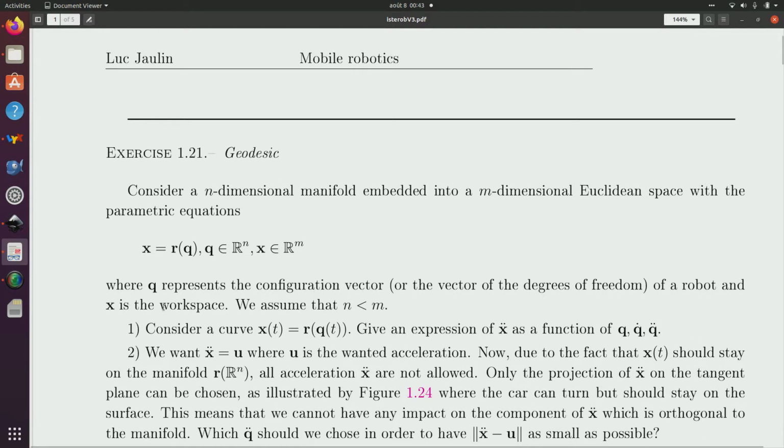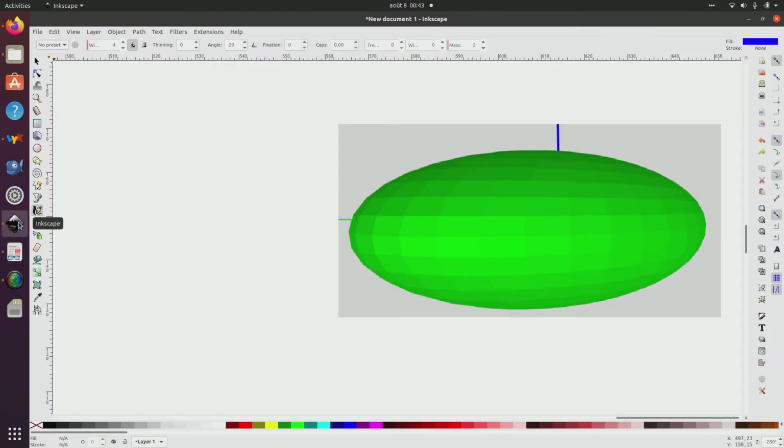And x is a workspace. So typically it can be R3 in robotics, but it can be higher dimensional for manipulator robots, for instance. So what we assume is that n is smaller than m. Typically, in this exercise, n is equal to 2, and m will be equal to 3. Just to illustrate this, I represent here an ellipsoid, and it is a two-dimensional surface, and it